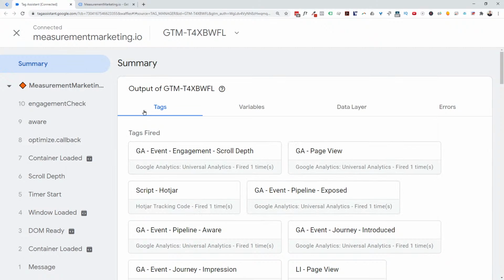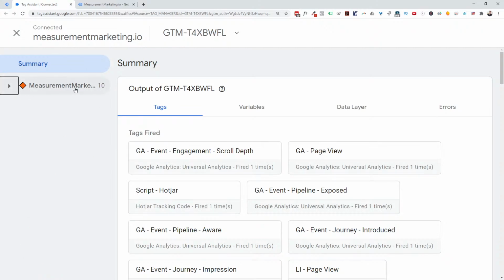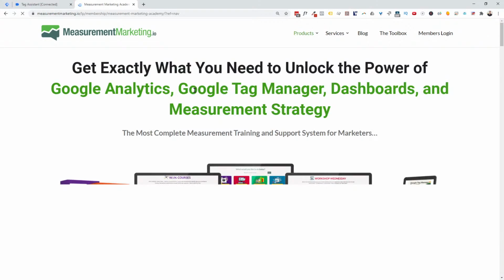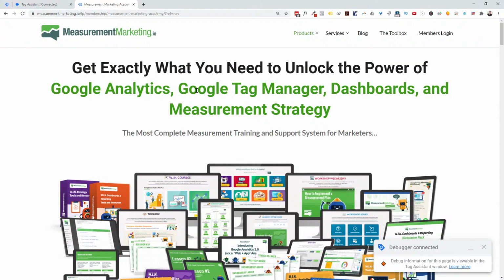So again, click on continue to get rid of that. Orange diamond, perfect. So there's the stage and step that I'm on. Now, as I come through, I go into, let's say, the Measurement Marketing Academy. And if you were interested in purchasing the Measurement Marketing Academy, you would have to obviously go to our cart